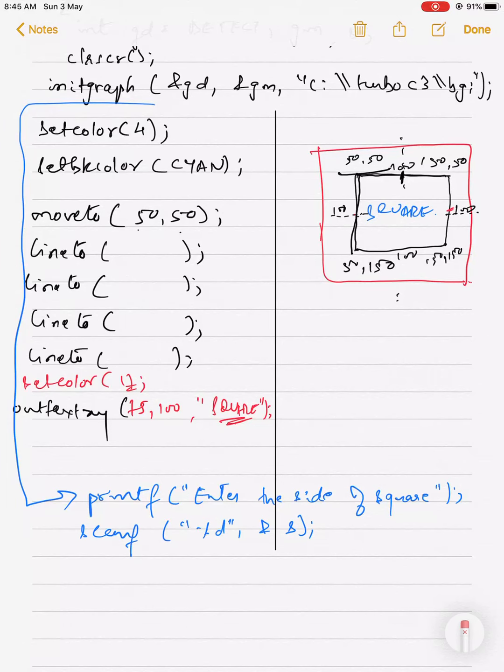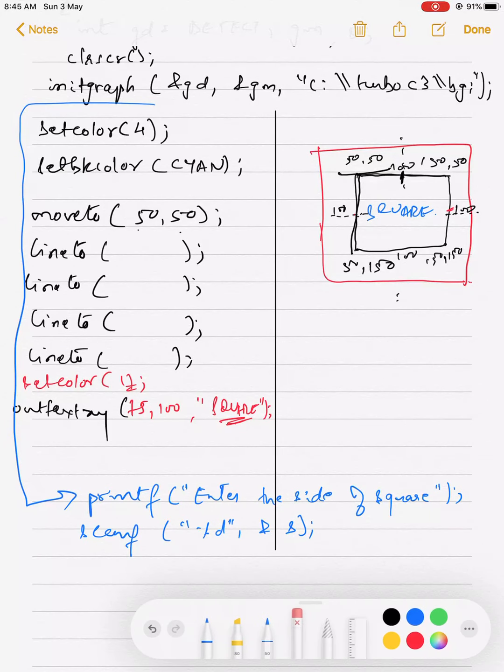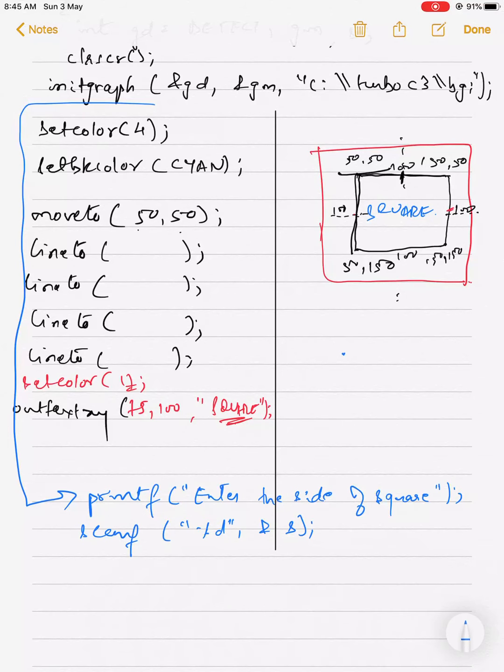ध्यान दो. इस टाइम में कुछ खाने पीने मत बैठ जाओ प्लीज़. देखो मैं एक ही प्रोग्राम में सब कुछ लिख रहा हूँ. ठीक है, what I am doing, move to 50,50. So it will start from 50,50. So this is the point of 50,50. Okay,